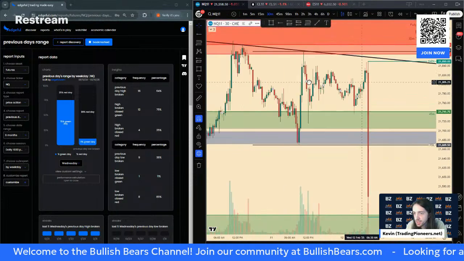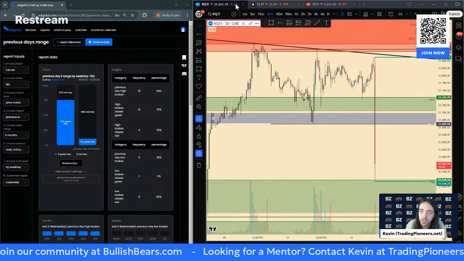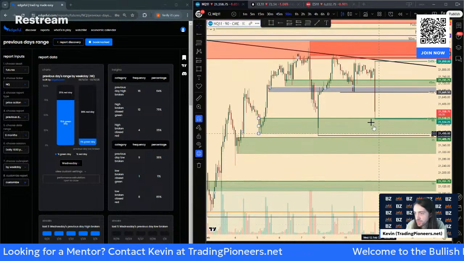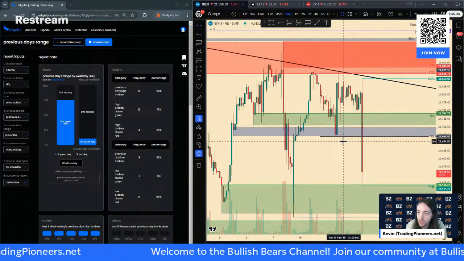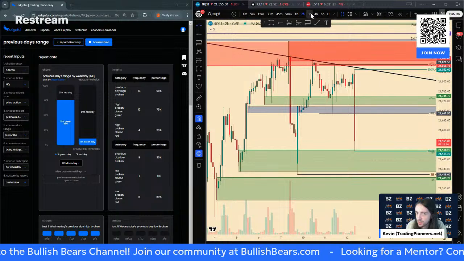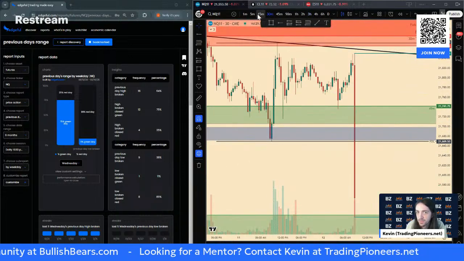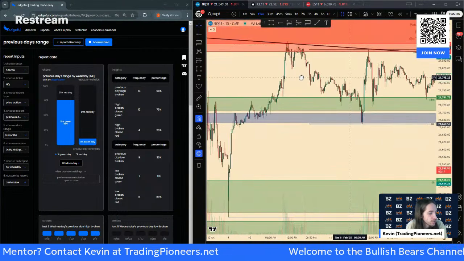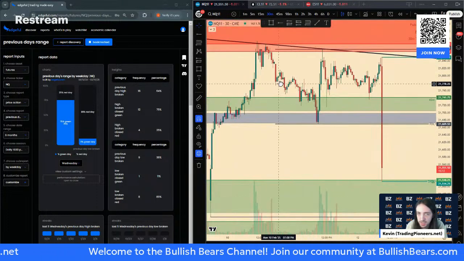Now, I really wanted to see if we had any zones in here, but of course, because we had a news candle push us lower like this, we're not really going to get a proper supply or demand zone at that point. So what I'm going to look for is a demand zone that formed here that we broke, so I could use that as a flip zone. I'm looking for an hourly, a 30-minute, something like that in this area for me to go short off of. Now, I'm really not seeing much, which does make it a little difficult to find a good point of control or point of interest to find these short positions.